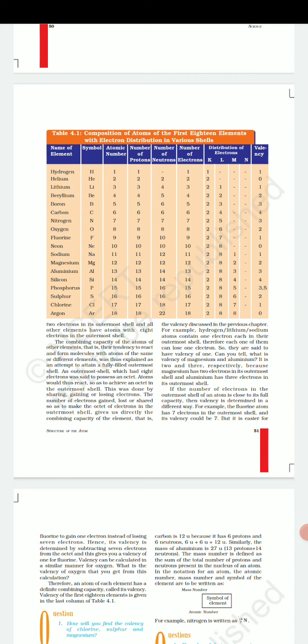Now for more than 4 valence electrons, nitrogen, oxygen, fluorine, you subtract the number of valence electrons from 8. 8 minus 5 is 3, 8 minus 6 is 2, 8 minus 7 is 1. In the case of phosphorus, sulfur and chlorine, phosphorus is exceptional. It will form 3 as well as 5. 5 directly, and 3 from 8 minus 5. 8 minus 6 is 2 and 8 minus 7 is 1. That's how this valency part is.